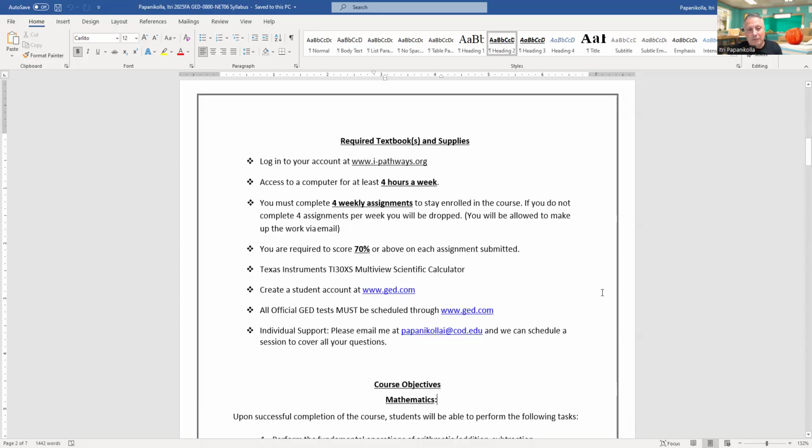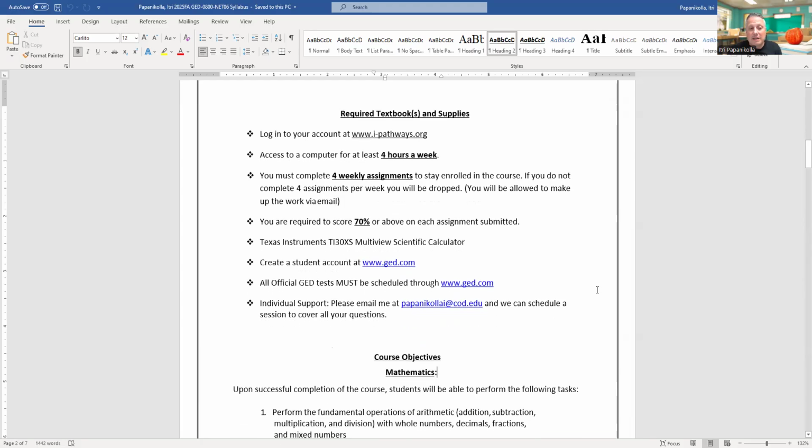So we have to complete 4 weekly assignments, and a lot of them don't take as much as 4 hours, which is great, but we have to make sure that we complete 4. Otherwise, you can email me or I'll be emailing you too and trying to give you a little extension to be able to keep up with your assignments here.